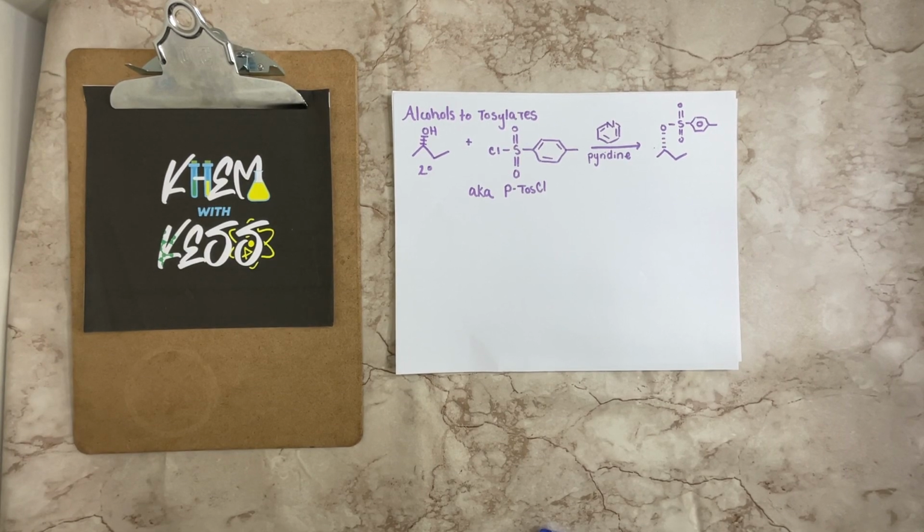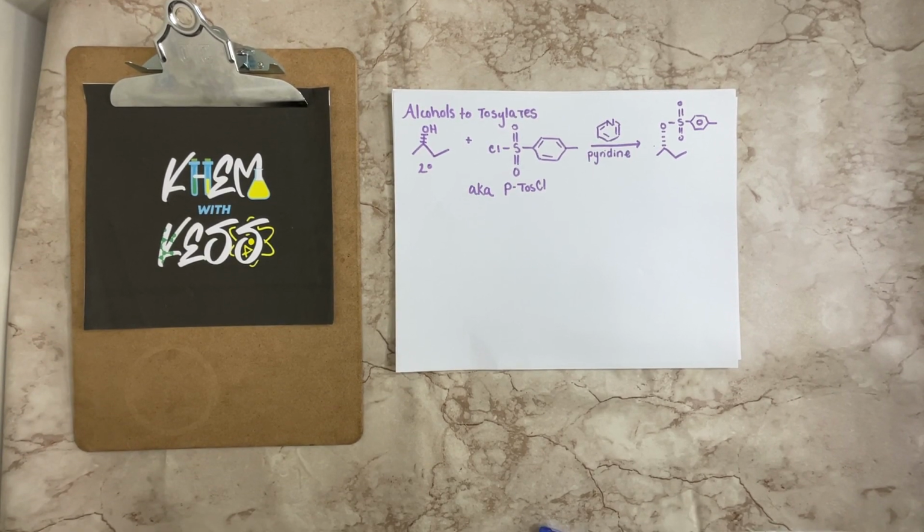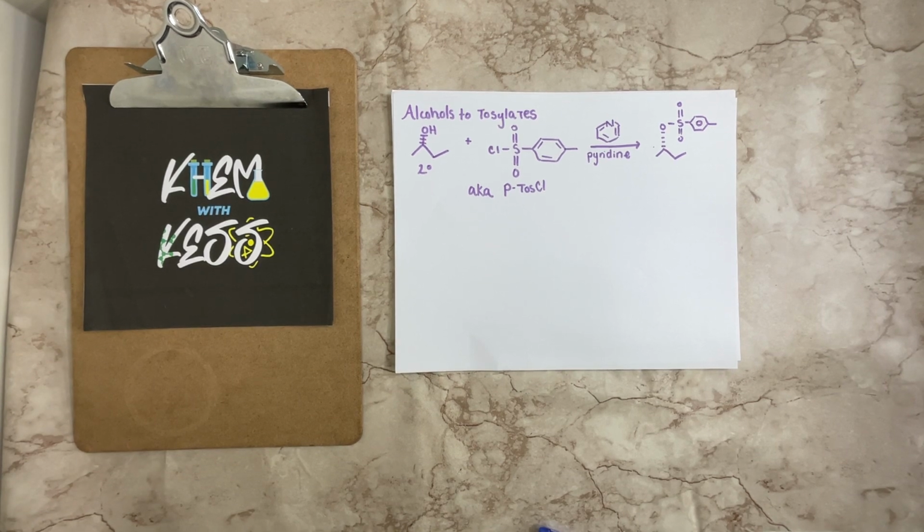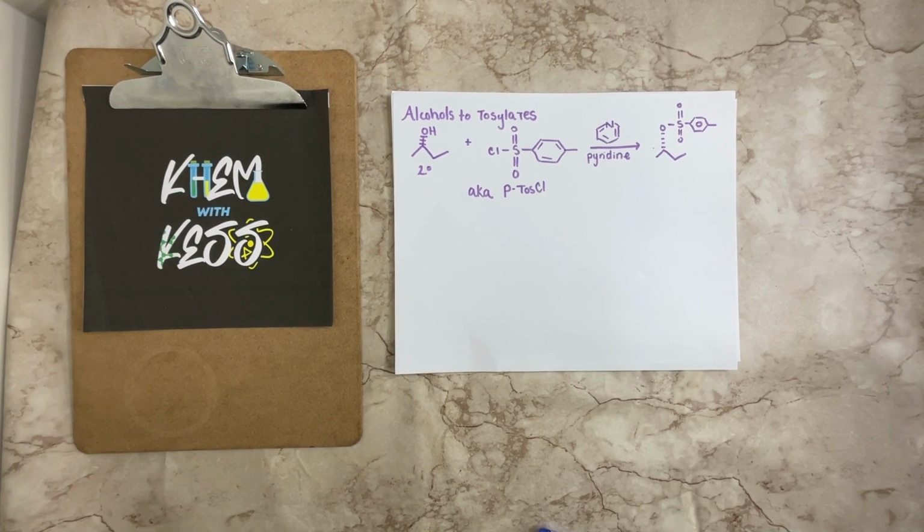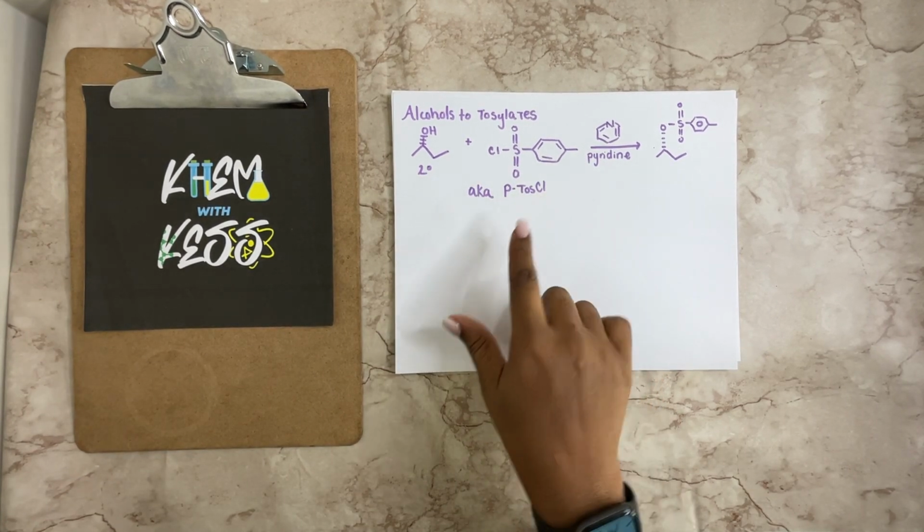Right, before we start our problem solving session, which I'll probably also put on another video because I like to keep the mechanisms very separate, but the converting an alcohol into a tosylate group. Now, this is what we call